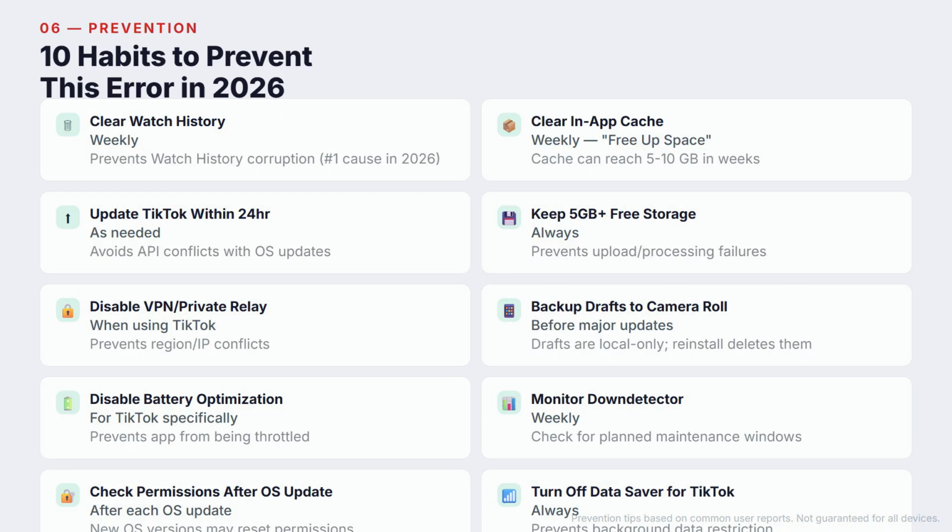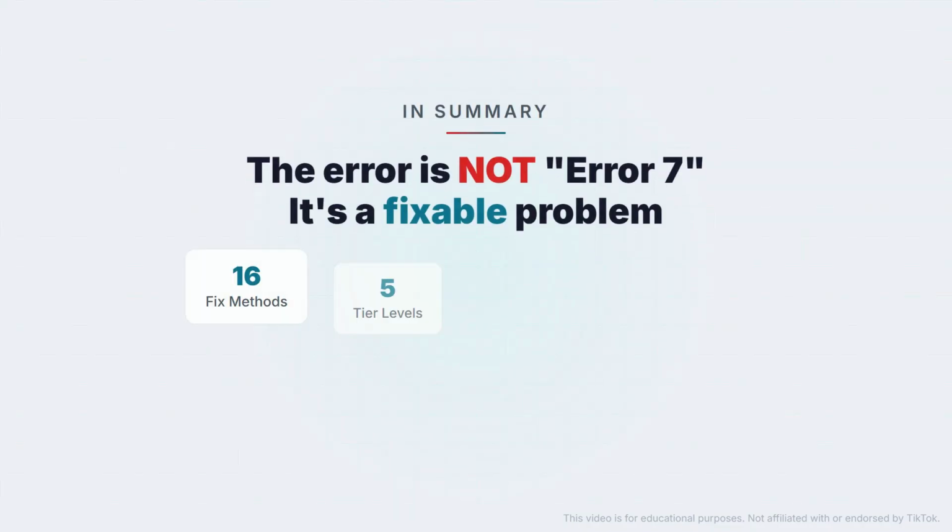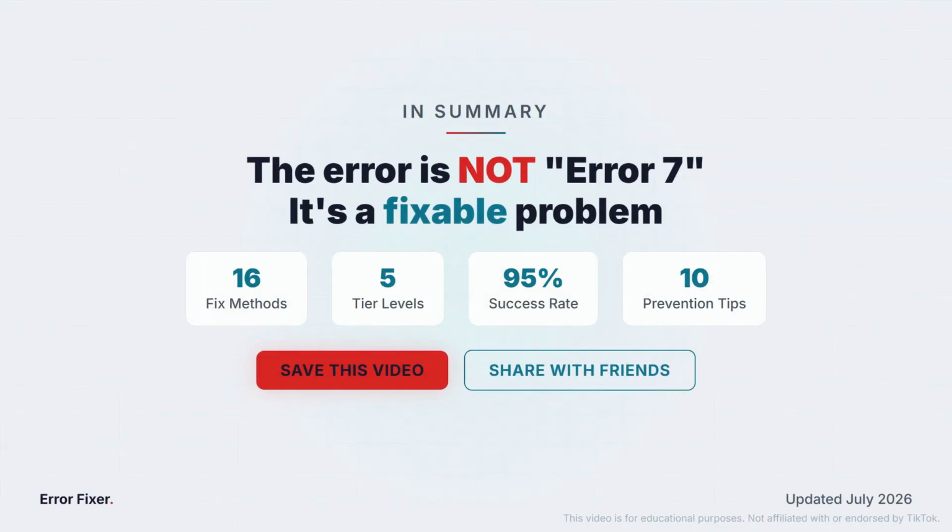Seventh, disable battery optimization for TikTok specifically. Eighth, check down detector weekly for planned maintenance windows. Ninth, verify app permissions after every OS update. And 10th, turn off data saver for TikTok in your system settings. To sum it all up, the error is not error 7. It is a fixable problem. You now